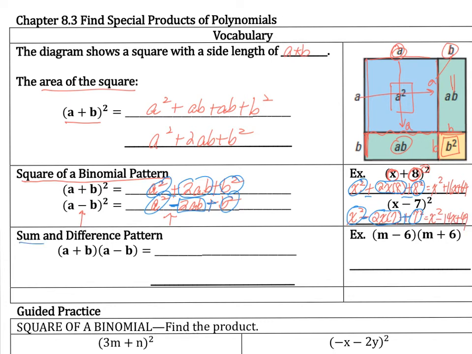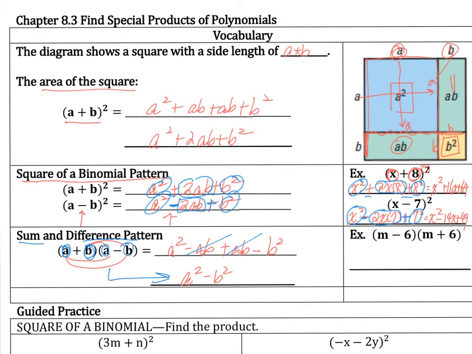Okay, now we're going to look at the sum and difference pattern. So by the FOIL method, I can expand this as a squared minus ab in the inner plus ab and the outer minus b squared. Now I can cancel out the middle to get a squared minus b squared. So whenever you get binomials that are multiplied together and the first numbers are the same and the last numbers are also the same, then you can simply take the square of the first number and subtract the square of